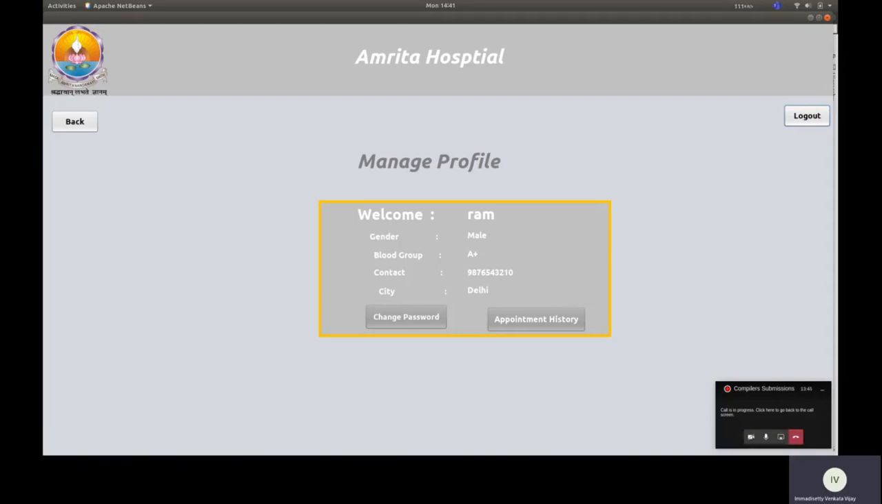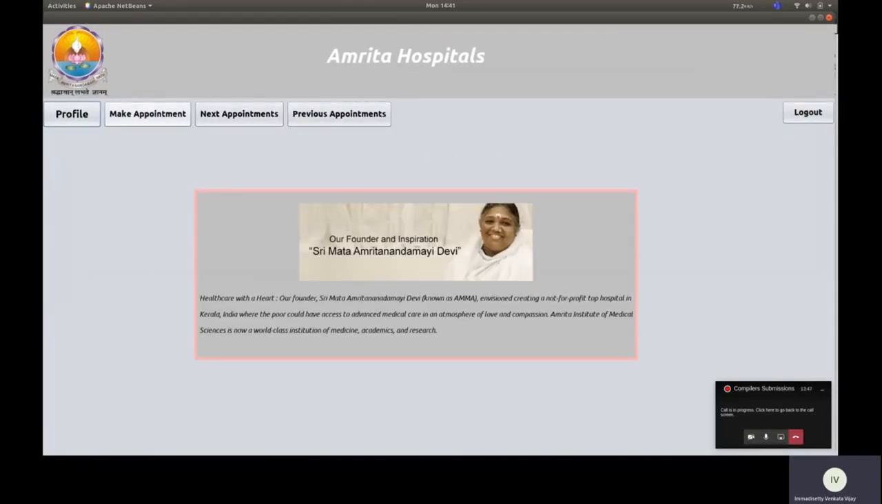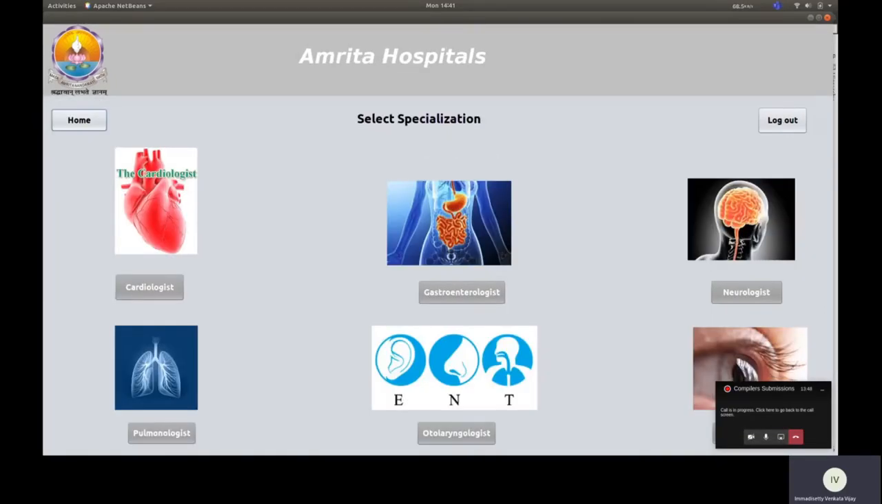Now you can see here. Now we will go through the make appointment. Whenever the make appointment is clicked,